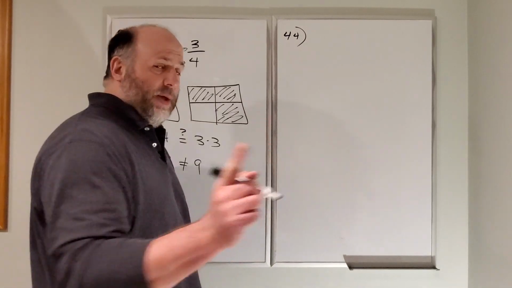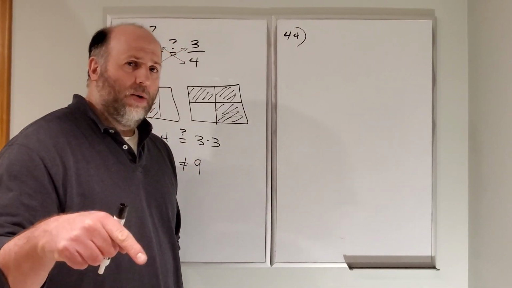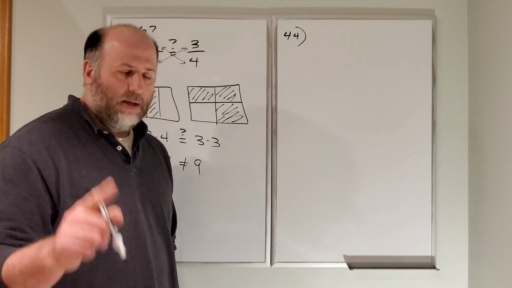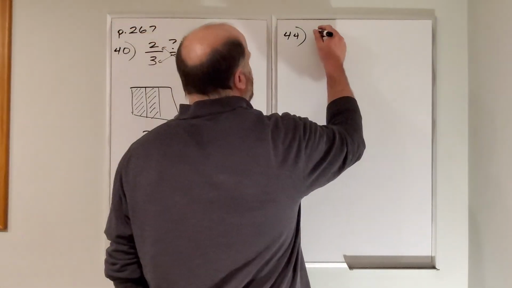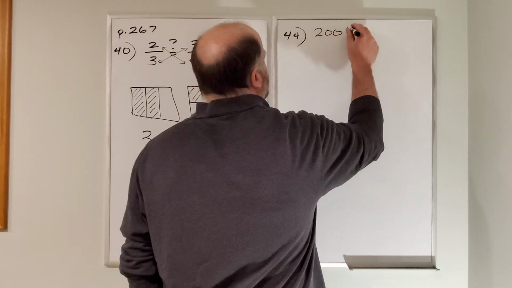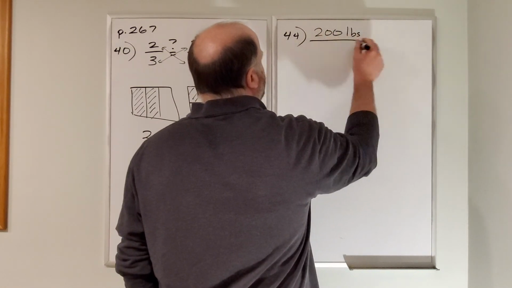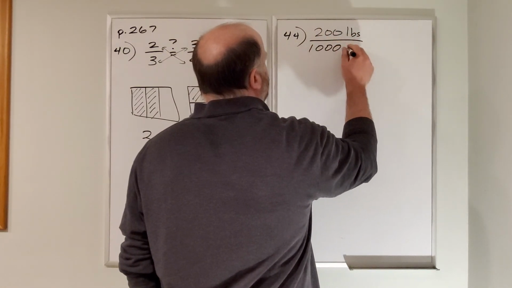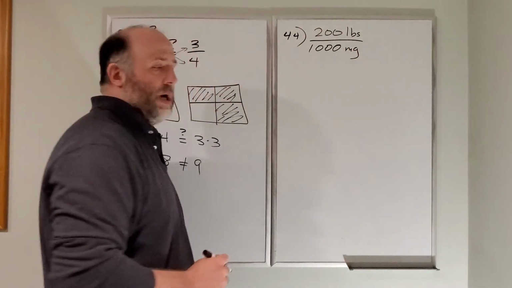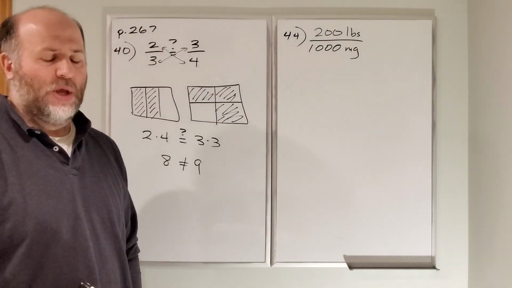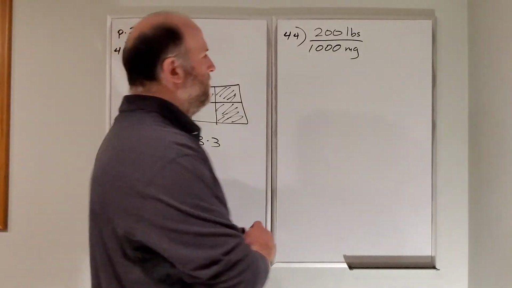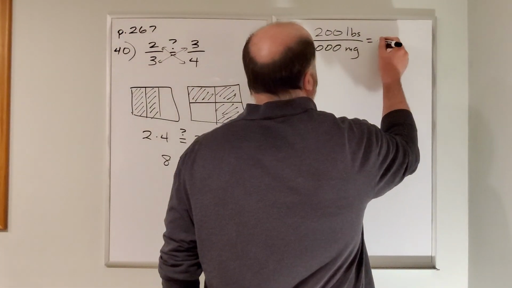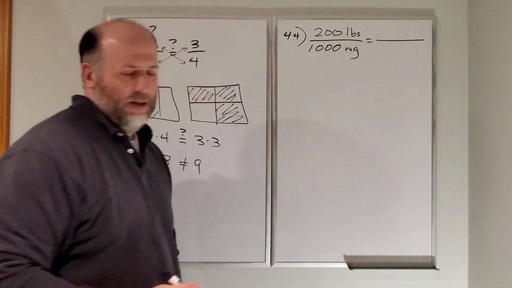So what they start off with is a known rate. Okay, right away they hit you with a known rate. They say a 200-pound man is able to have 1,000 milligrams of a certain drug. Now, kind of all other things being equal, I know certain tolerances are different from person to person, but generally speaking,